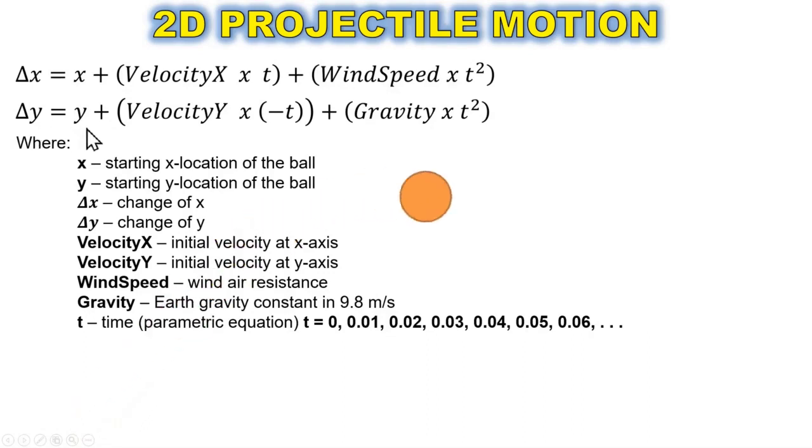Delta y is equal to y to be added to the product of the initial velocity at the y-axis and the negative of that time, to be added to the product of gravity and time raised to a power of 2,